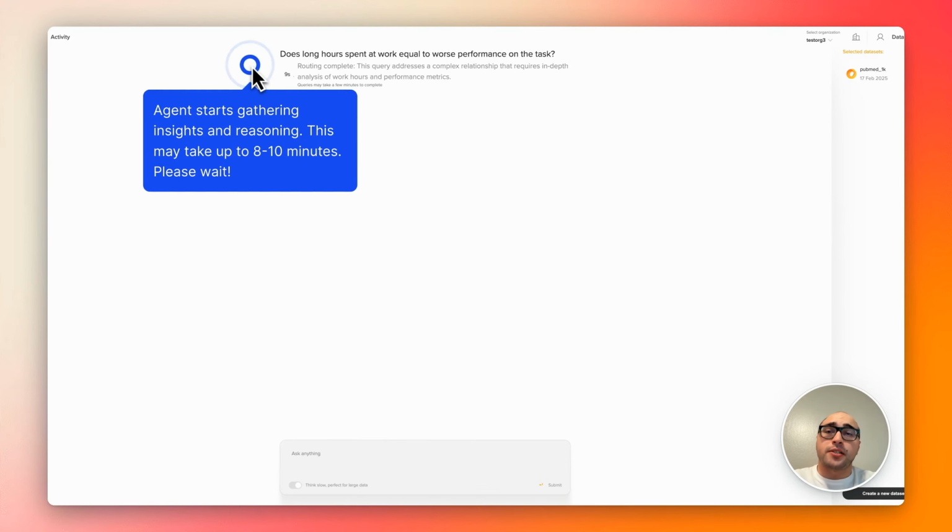Now, this is where the magic starts happening. Deep Lake AI Knowledge Agent is able to decompose the query, understand what information it needs to answer your query correctly and highly accurately, and then conducts its research. It might take a while, up to 8 to 10 minutes, but it will be super accurate and precise when it comes back to you with a response.